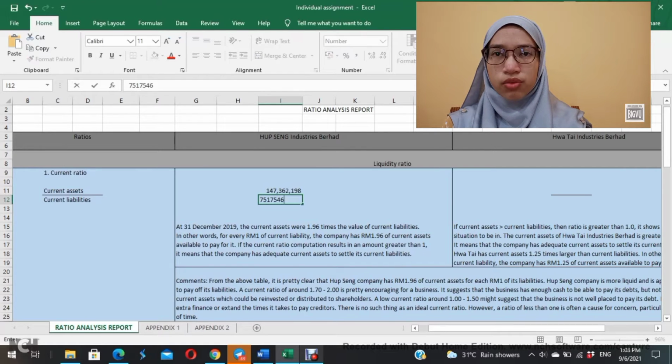The amount we get for the current ratio is 1.96. For every 1 ringgit of current liability, the company has 1 ringgit 96 cent of current asset available to